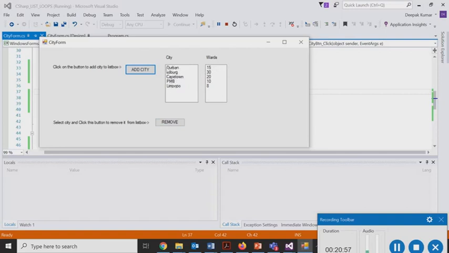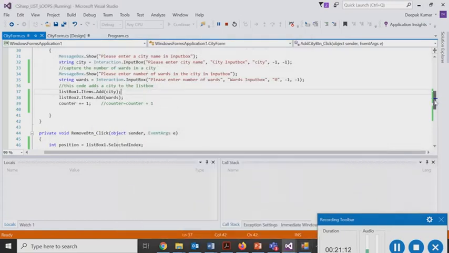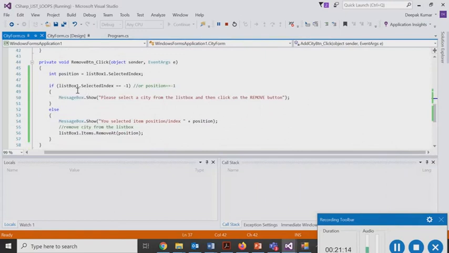times. So we have captured 5 cities over here, and one thing, yes, we can demonstrate is that if we click remove button, because we added that code over here, if you remember, we added this if construct over here.